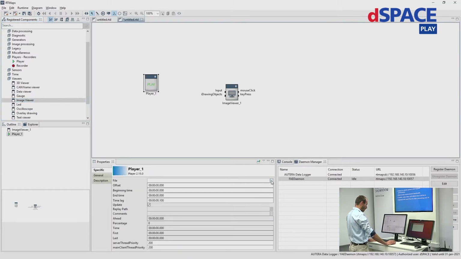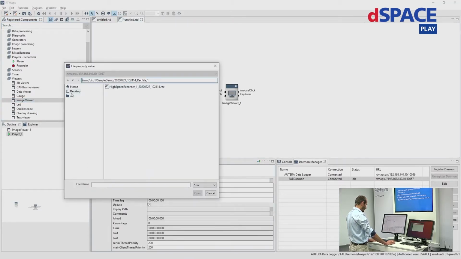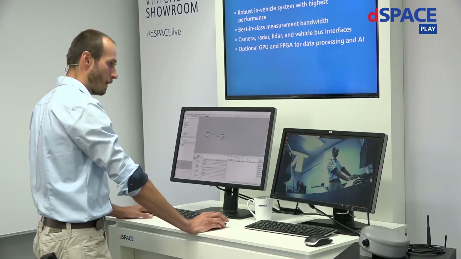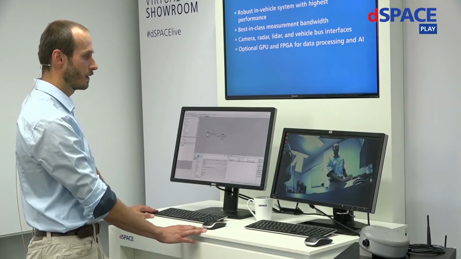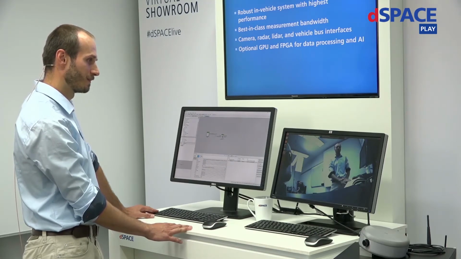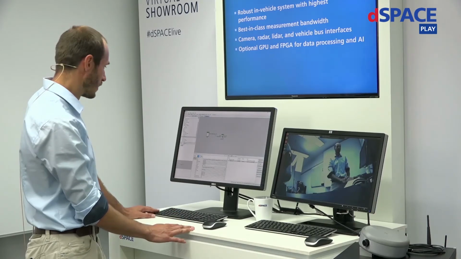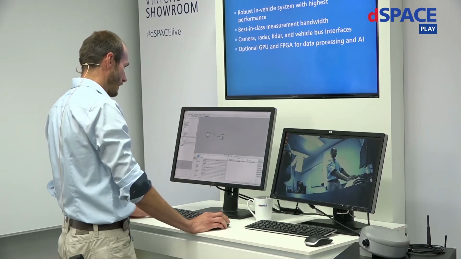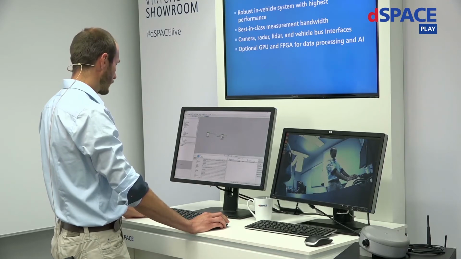In the player component, I will select the location, simply where we stored the file, and we can play it and see that we are replaying what was recorded before. So let's see if I see the waving part. Yes, it is. So it's really what I have done. And we are now sure that we have recorded what we wanted.